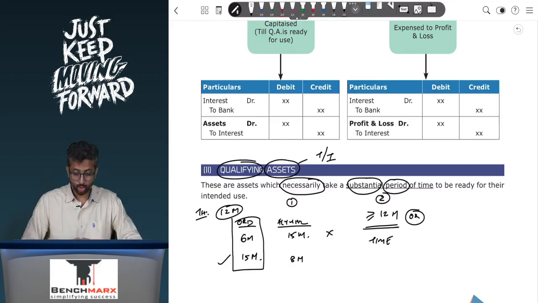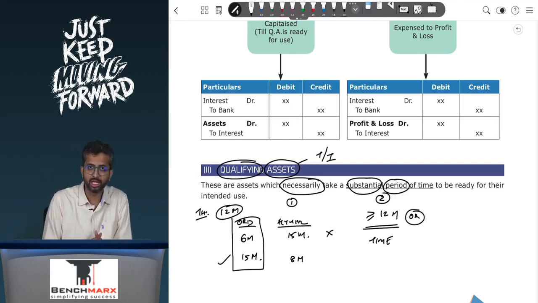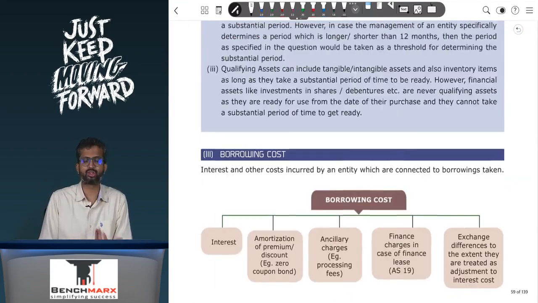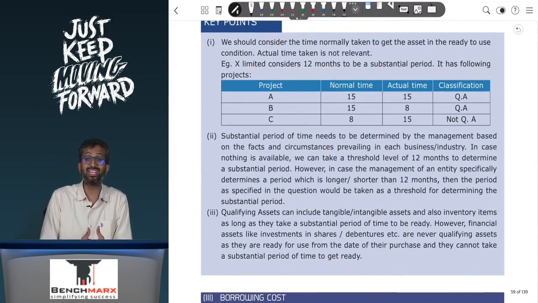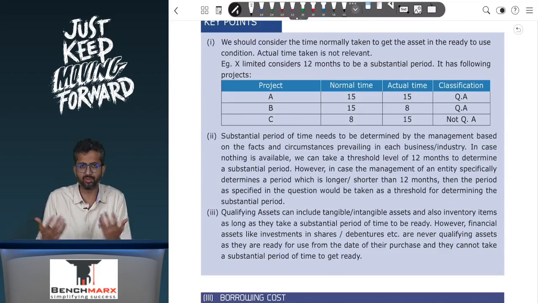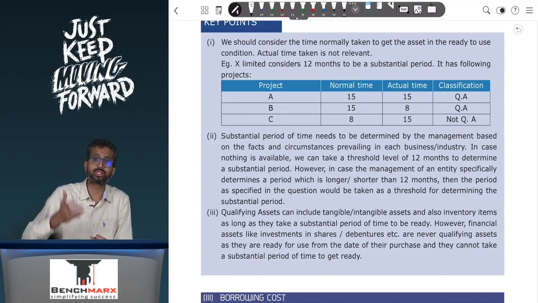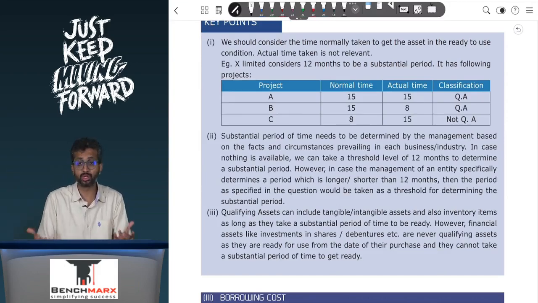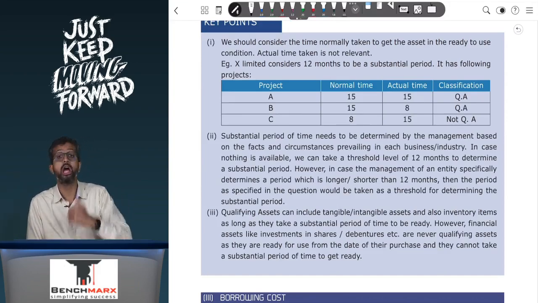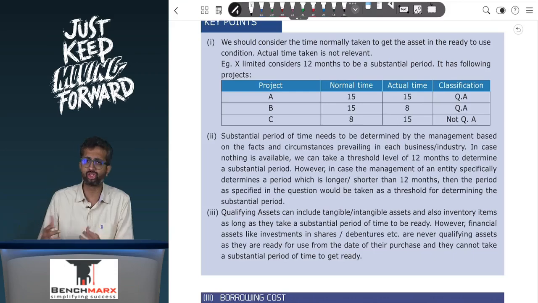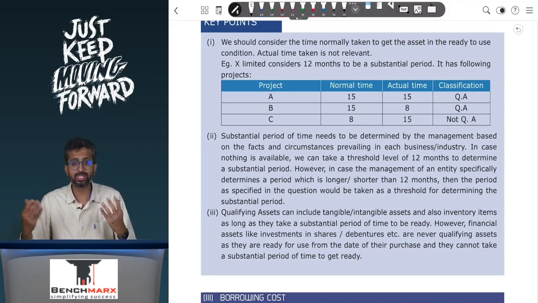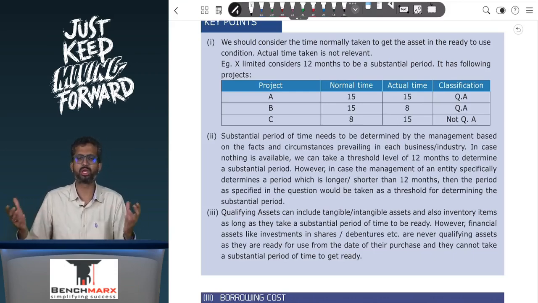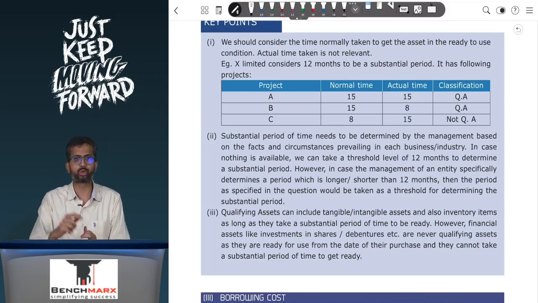However, this is qualifying assets, which means even if there is something like an inventory, if this inventory takes a substantial period of time to be ready for its intended use, then even inventory can be taken as a qualifying asset. Like for example, if I'm a builder and I'm constructing buildings, inventory for me is flats, the buildings which is taking 3 or 4 years. These flats are qualifying assets for me. Or I'm like Bharti Shipyard or ABG Shipyard who is making ships. A ship is inventory for me, but to make the ship, it will take around 3 or 4 years. So these ships are qualifying assets because they are taking a substantial period of time to be ready for their